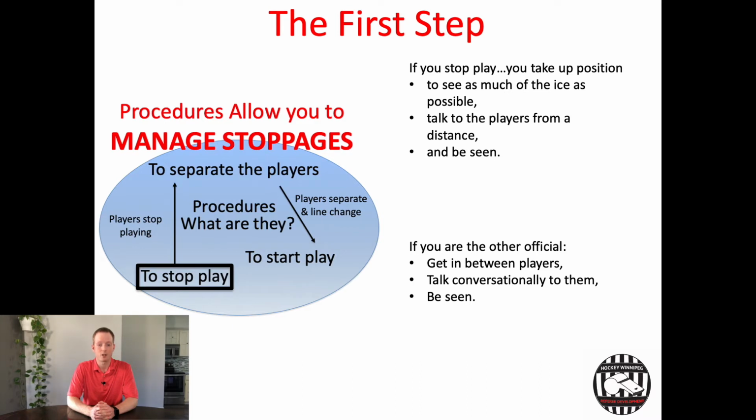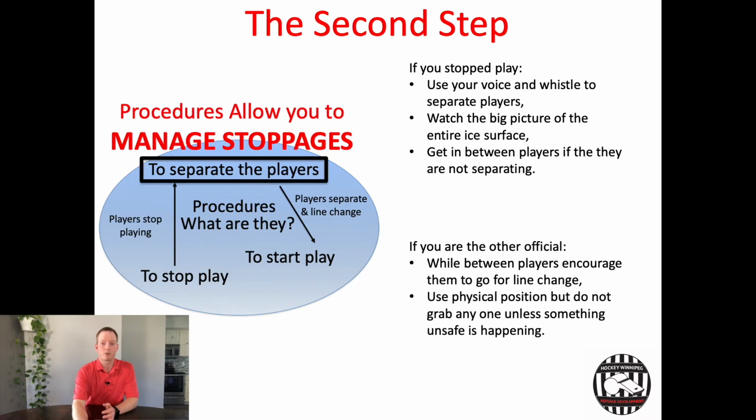The official who did not stop play, the other official, the back official, you're going to come in and you're going to get in between players, and you're going to conversationally encourage them to separate and go do line change procedure. Also, part of your role is being seen. So one of the goals here when you get involved and you're stopping play is to be seen and involved as you're stopping play, which leads us naturally to the second step,